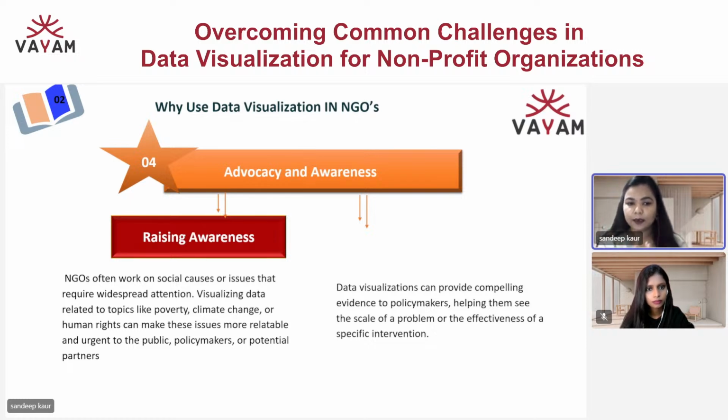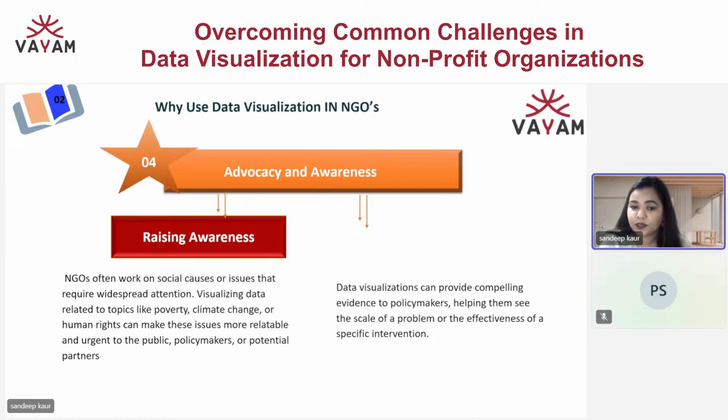Just by looking at it, they can see, okay, this is the impact they have brought by their efforts, and this is what we need. This needs urgent attention. Let's say region A needs more attention on deforestation, whereas region B has covered enough and is doing better, so those best practices can be followed in the other regions as well. That's how data speaks much louder.